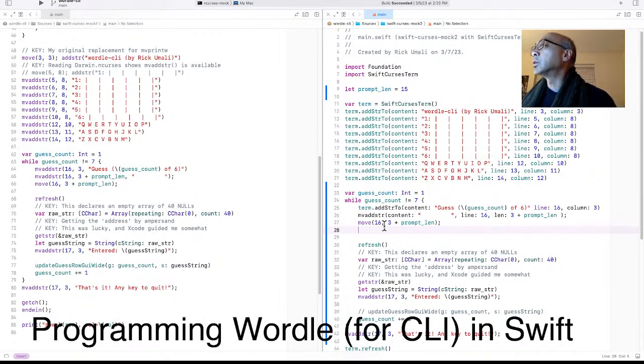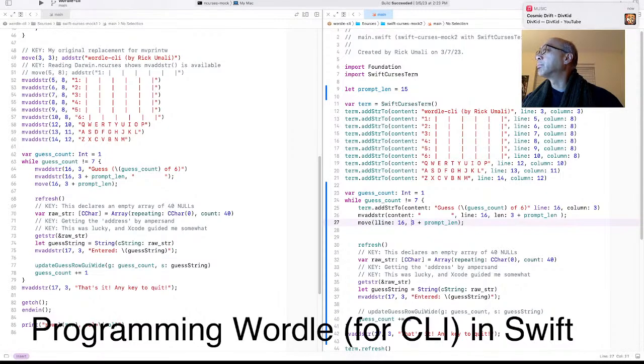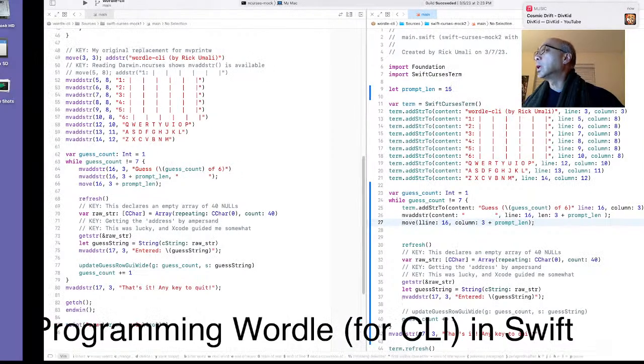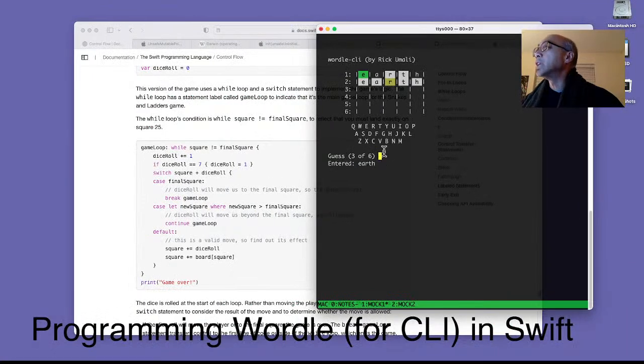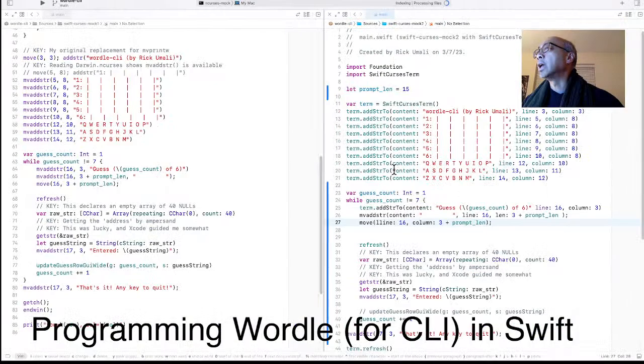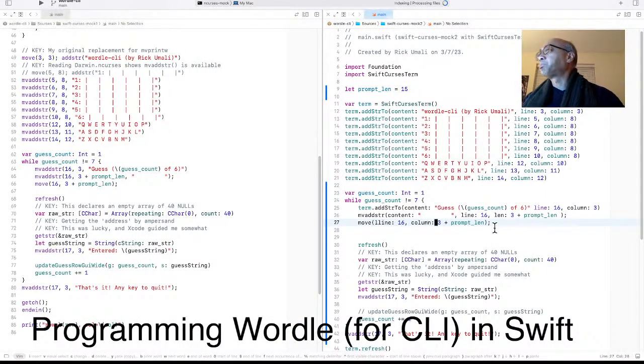It'll move the cursor to line 16 and position 3 plus the length. This moves it to where the cursor is, and it situates it so that it looks like a prompt. And here I realized I should put a question mark like the original game. So that's what this is doing, but I don't